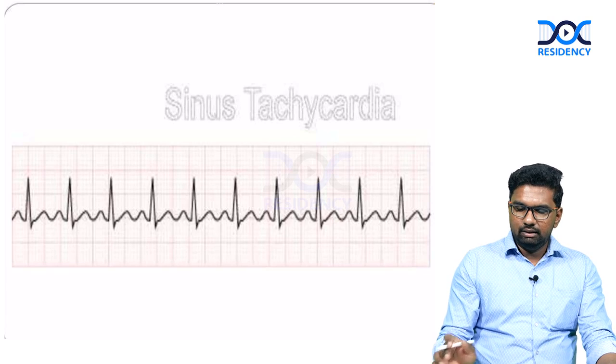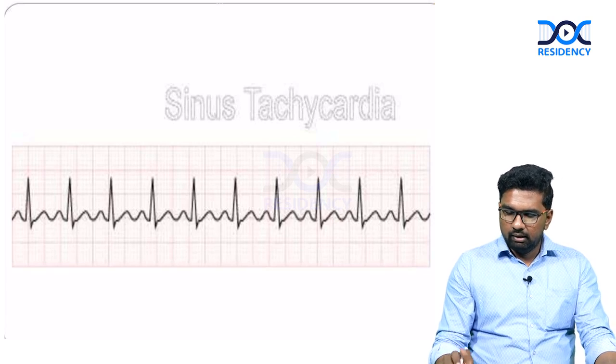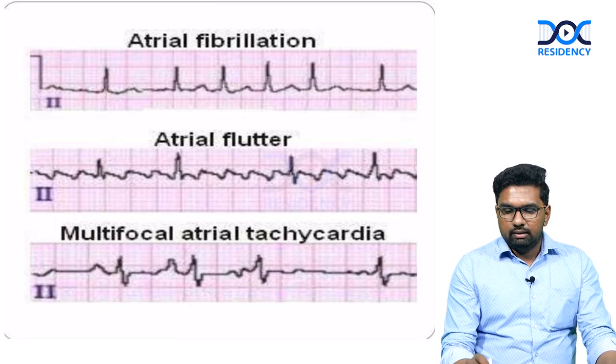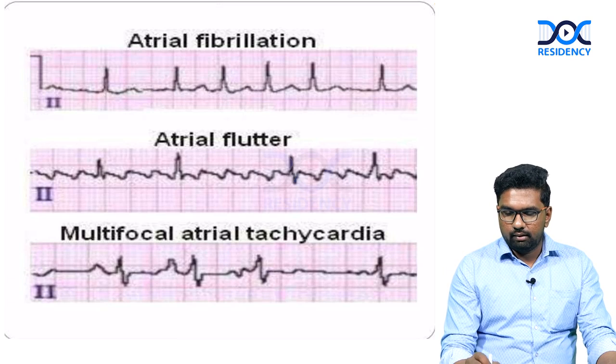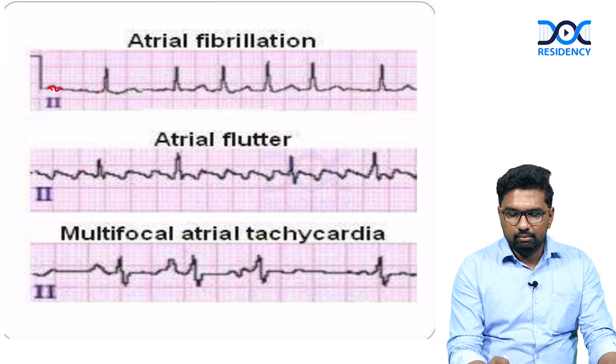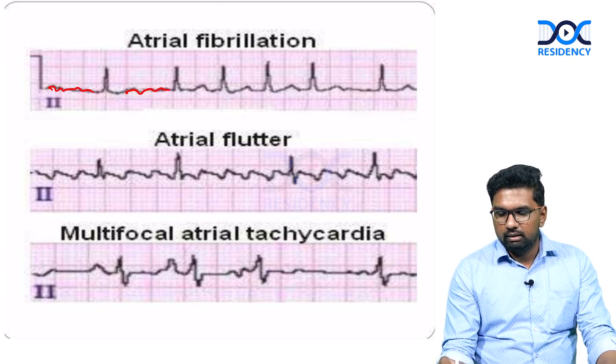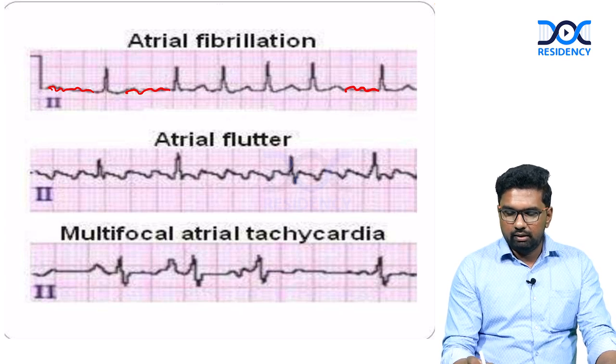So this is the ECG finding of sinus tachycardia. All P waves are present. When P waves are there, it is considered to be a sinus tachycardia. Here you can see the atrial fibrillation. You can see P wave, P wave, P wave. Here one P wave, and there is nothing here. P wave. In case of atrial flutter, there will be a sawtooth shape,